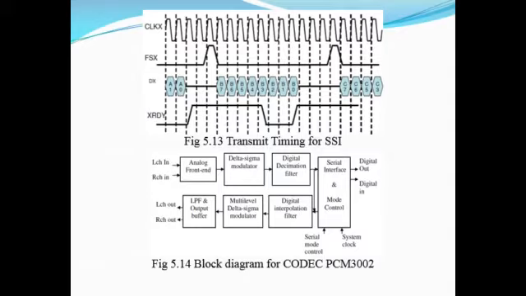modulators used. One is the delta sigma modulator. Modulation is done using this delta sigma modulator, and the modulated signal is decimated, or fed to a decimation filter where the sampling rate of that signal is reduced. Decimation is nothing but a decrease in the sampling rate of a set of samples by dropping samples. So by dropping a number of samples, we can decimate the signal. That is the process of the decimation filter.